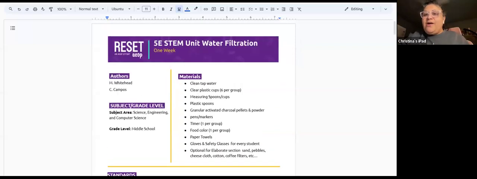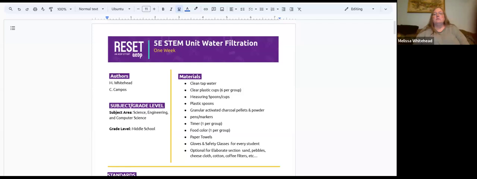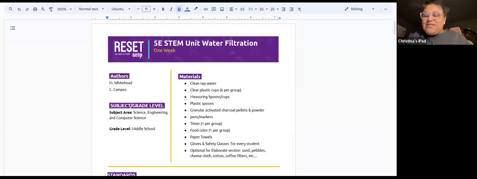We'll start with our subject and grade level, which is science, engineering, and computer science. The grade level for this particular assignment is middle school. The materials that we use for this project are clean water and clear plastic cups. We prefer to use 6 per group, measuring spoons and cups,